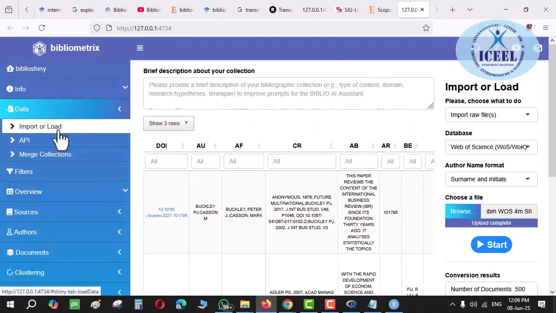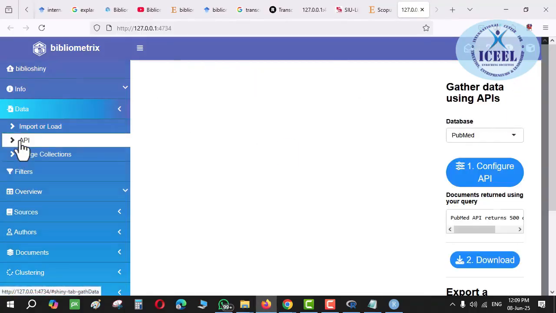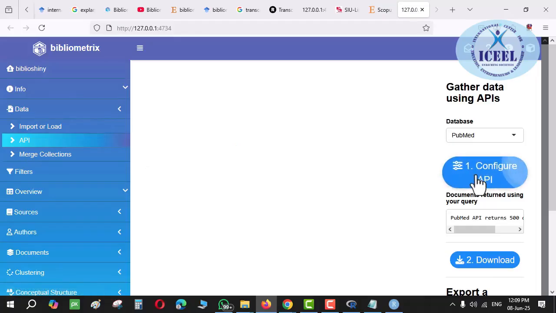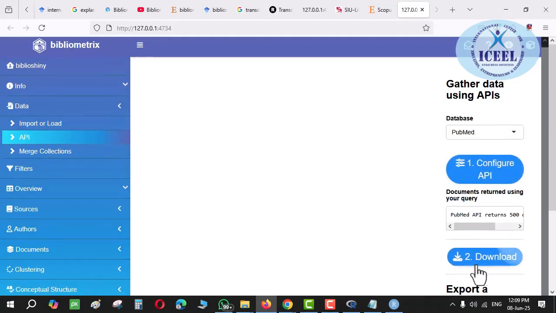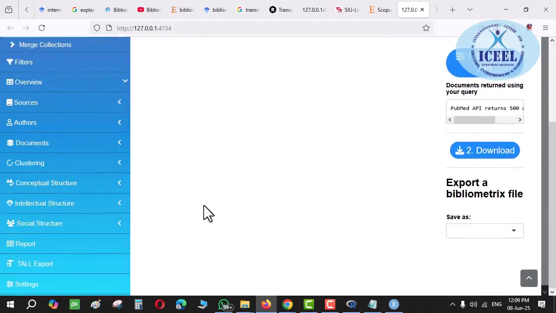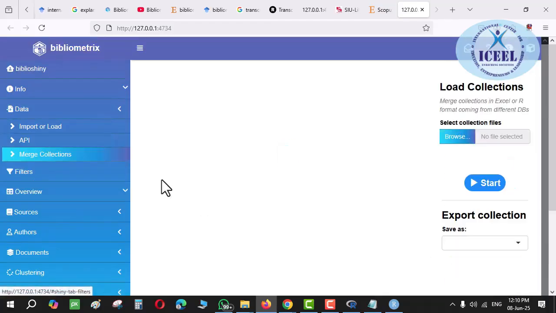Data means what? Input. For input purposes, in this particular UI you are going to use API integration. At a coding level, you would require an API for PubMed and other such APIs. If you want to do it, then you can download and integrate it into your system also. Merge collection is for merging the data, as we discussed recently before starting. But for two different datasets, I don't use this particular method. You can use it by clicking on browse and then selecting exported Excel files.